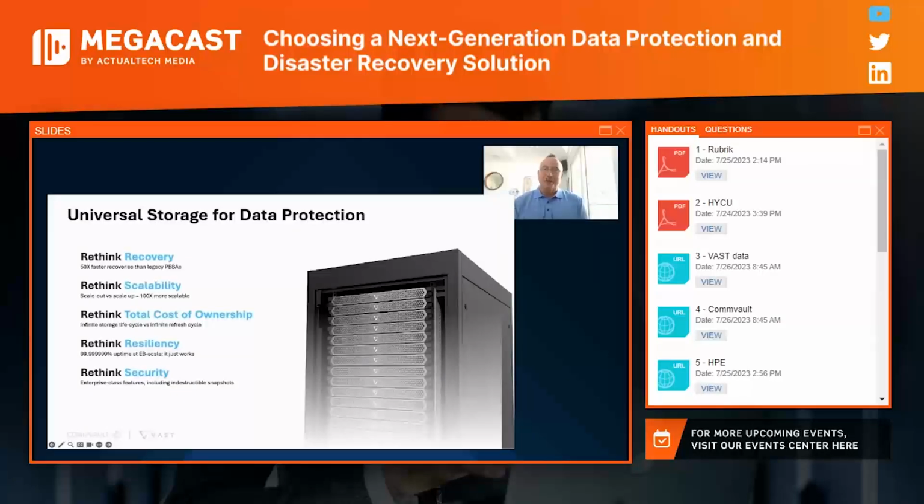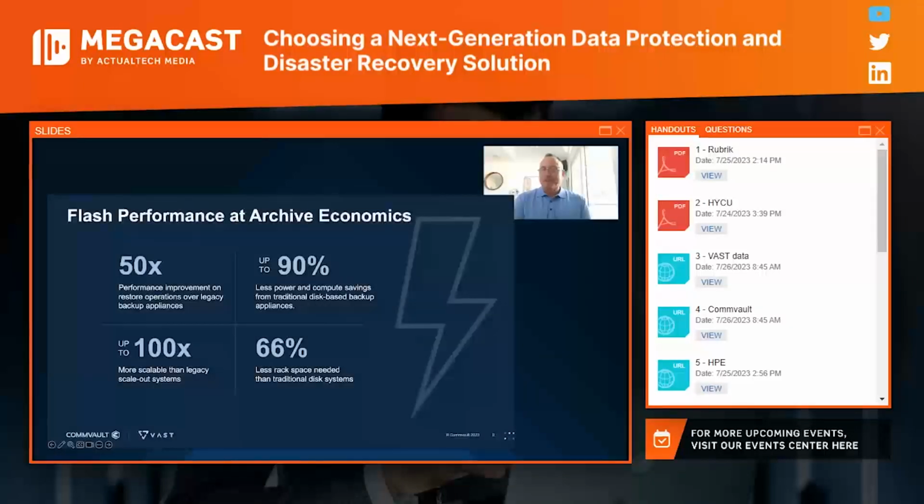And if I wanted to double click on that just a little bit as a data point, if you think about 50 times faster, like, for example, the fastest purpose-built backup appliance on the planet and how large that scales and how much performance that provides, if I told you I was 50 times faster with Commvault, think about that. Do you want to recover that database in 1 hour or 50 hours? 1 day or 50 days? 1 week or a year? Will you still be in business then? So it's very much a practical reason why you have to rethink what we're able to offer from a recovery standpoint.